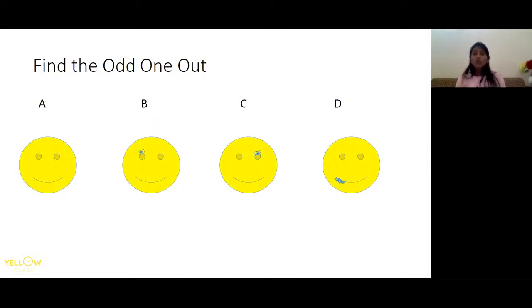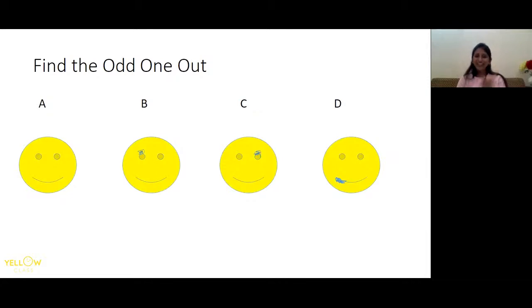Okay, so which of these options does not belong to the group, or which is different? Yes, I am waiting for you. Somebody is saying C, somebody A. Okay, D also, correct. Let's see which is the correct answer. I will tell you. Just let all the children answer it and then I will tell you the answer for this.